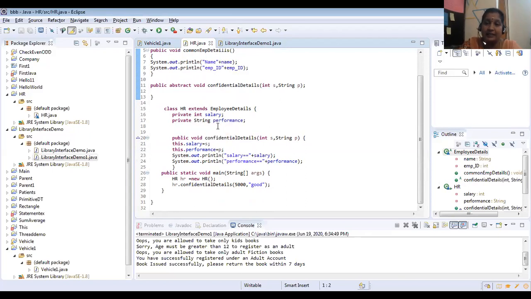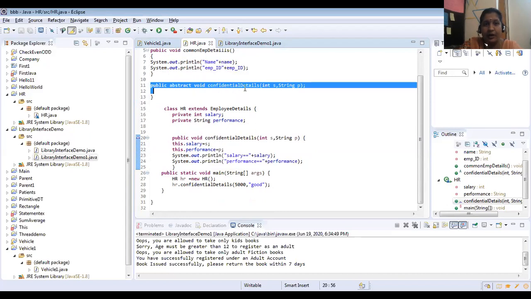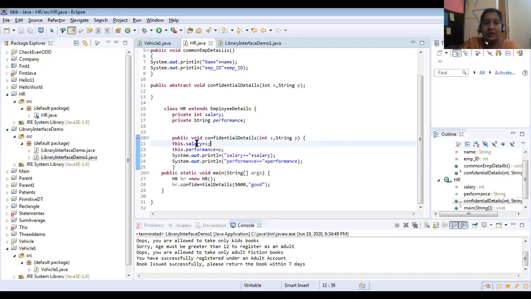Then public void confidentialDetails(int s, String p). Here we have the same type of method with the same signature as the abstract method I declared. That abstract method has been implemented here: this.salary equals s, this.performance equals p.